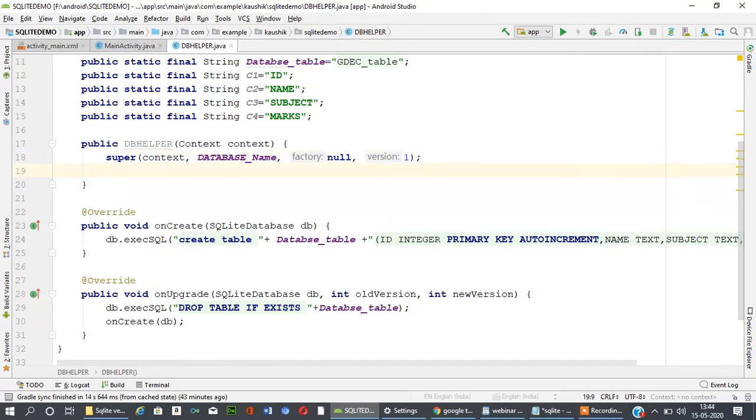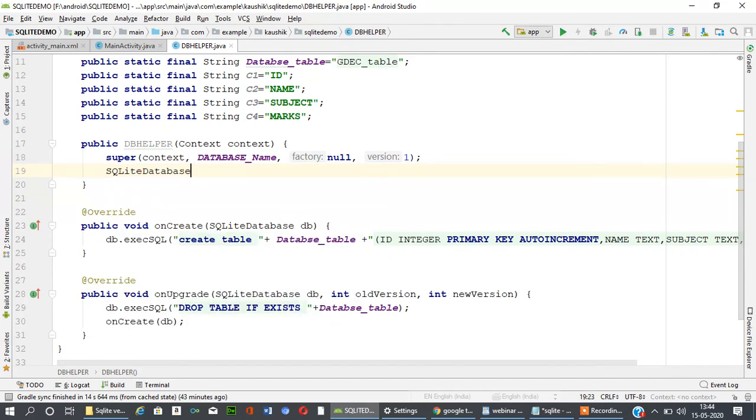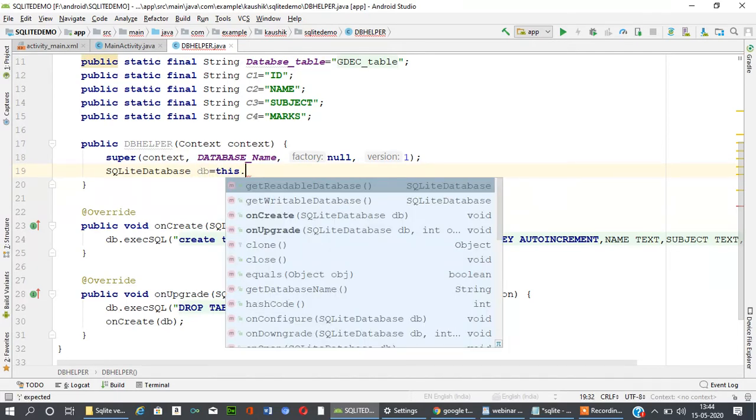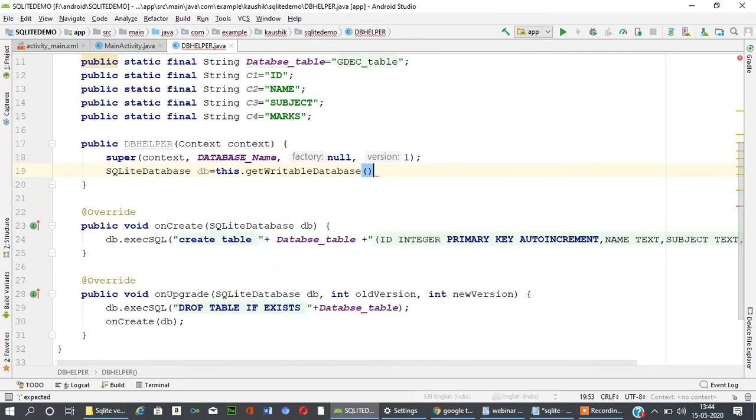To call this method, we have to create SQLiteDatabase db is equal to this dot get. Here there are two methods, getWritableDatabase and getReadableDatabase. We have to write to this database, so we use getWritableDatabase, semicolon.